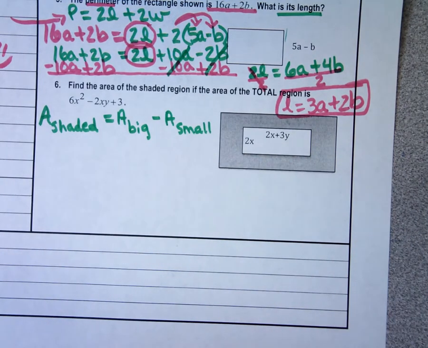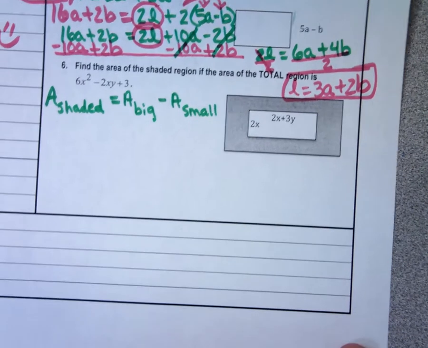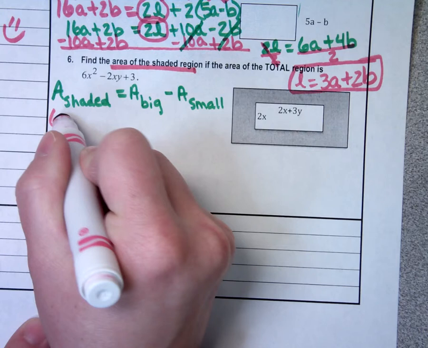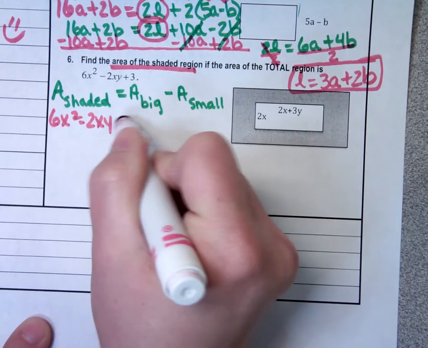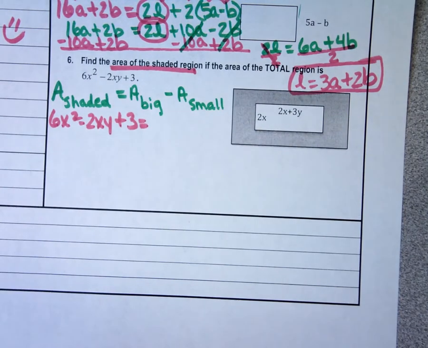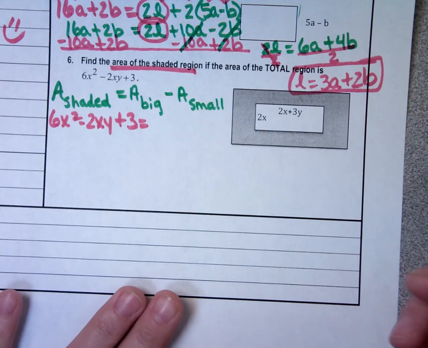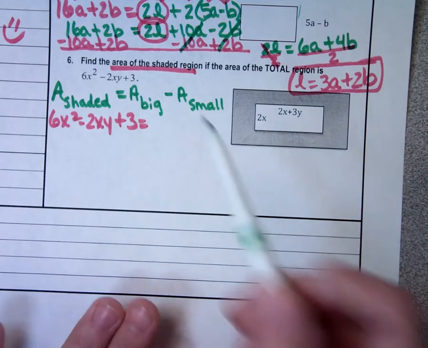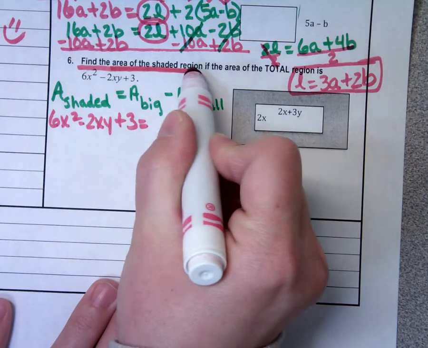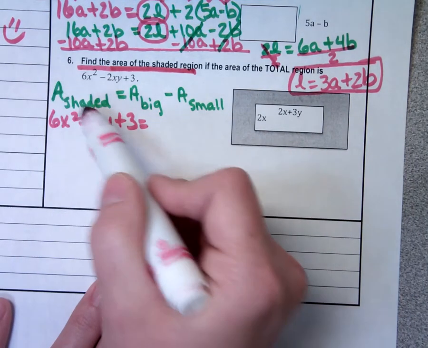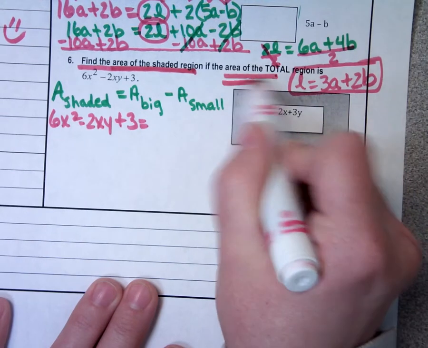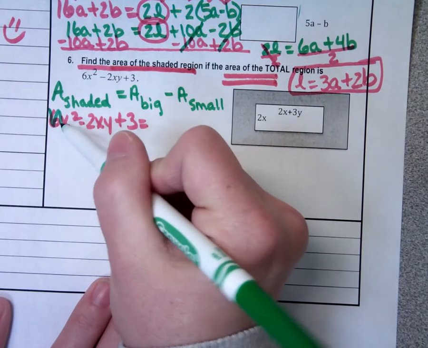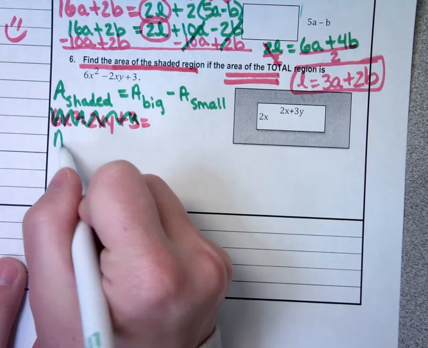So like number 5, I want to practice using a formula, plugging in things that we know. Since it tells me that the area of the shaded region is this, then I'm going to put the 6x squared minus 2xy plus 3 into where the area of the shaded is. Oh, I just did that wrong, I'm so sorry. It says find the area of the shaded region. That's what I'm trying to figure out. I'm trying to figure out the area of the shaded region if the area of the total is this. This is the area of all of this. So this right here is still area of shaded